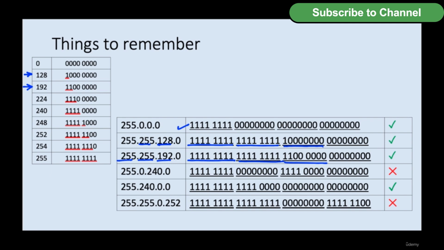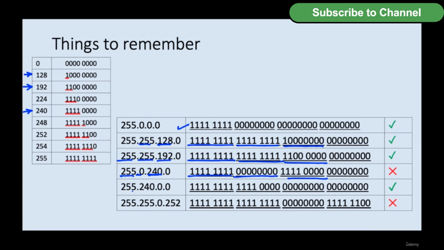255.0.240.0. 255, 8 binary ones, 0 decimal 0 is 8 binary zeros, 240 means first 4 bits are turned on, last 4 bits are turned off. So all ones are not on the left hand side, rather there is a mixing of zeros and ones. So it is an incorrect subnet mask. Now the fifth example,